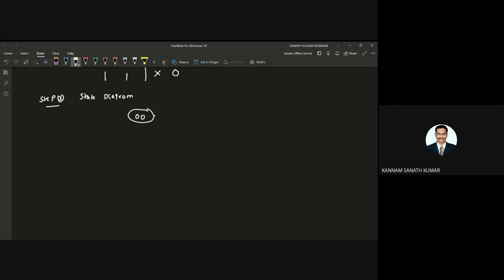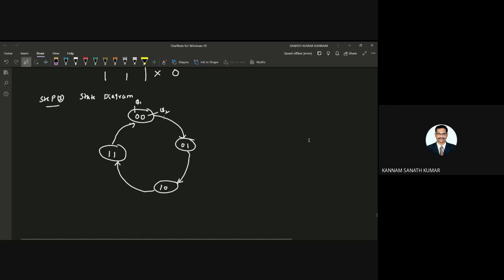What are the states? When it is 0 0, when you apply 1 clock pulse, it will go to the next state 0 1, and after that it will go to the next state 1 0, and next you have 1 1. This is Q1 and this is Q2. So this is the state diagram.